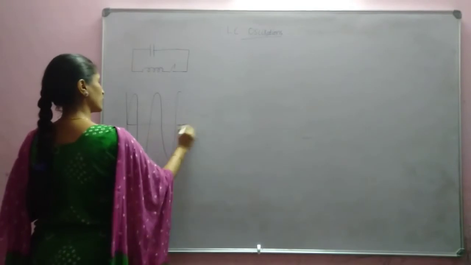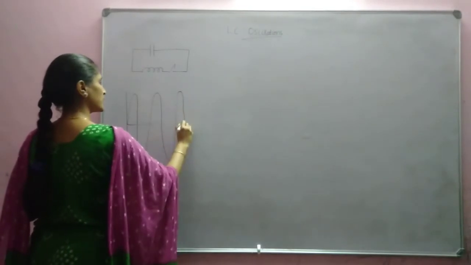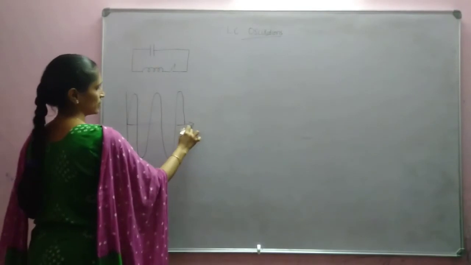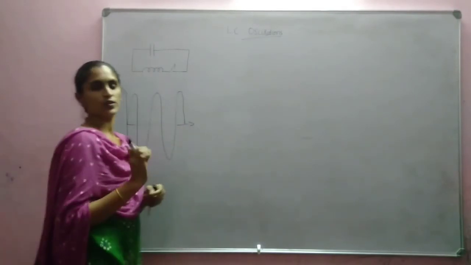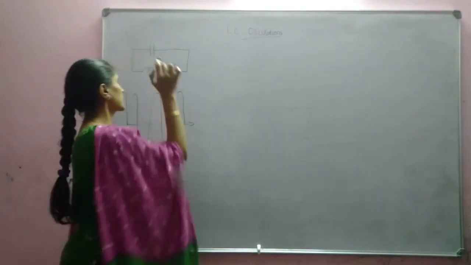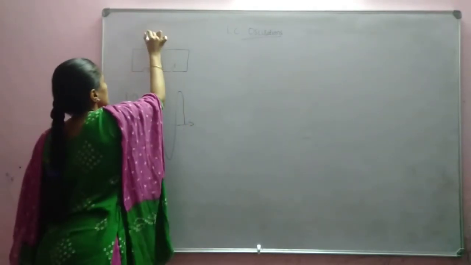At any instant of time, the amplitude remains the same. This is what is meant by undamped oscillations: the amplitude of the oscillation will remain the same. So here we are considering Q is the charge,